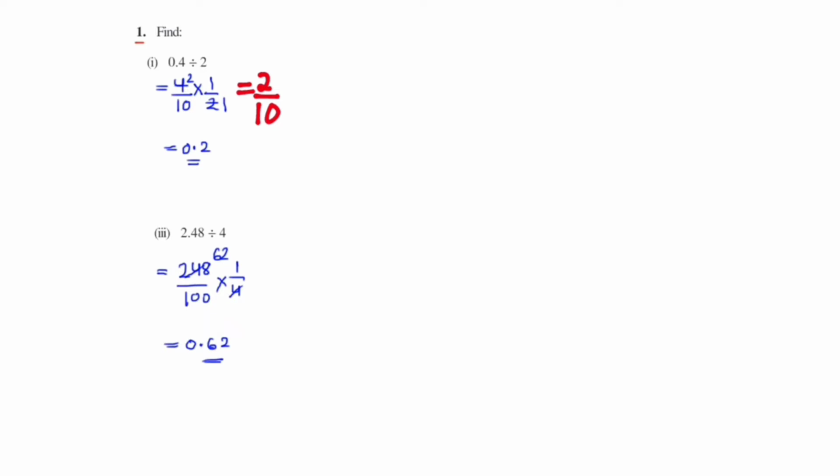Okay. Also, there is one more method to divide 2.48 by 4. As I said in the earlier video, you can easily ignore the decimals and just divide 248 by 4. As you can see here, we ignored the decimal and did the normal division. If you divide 248 by 4, the answer will be 62 only. Now count the decimals. After the decimal we have two digits, so we put the decimal in the result also, going from right to left. Clear?